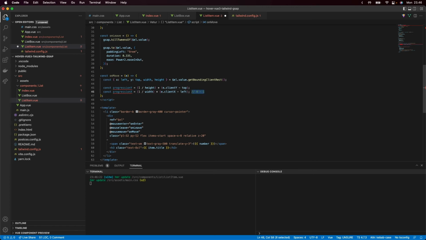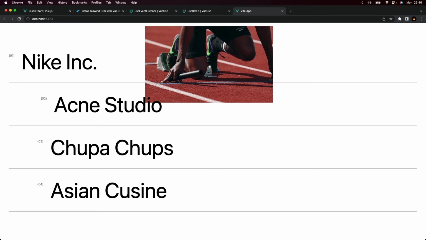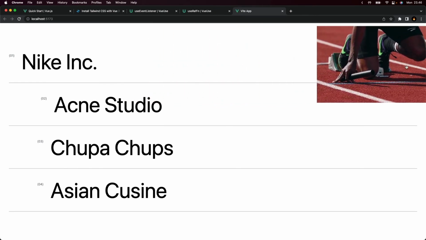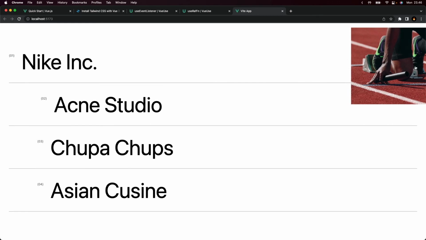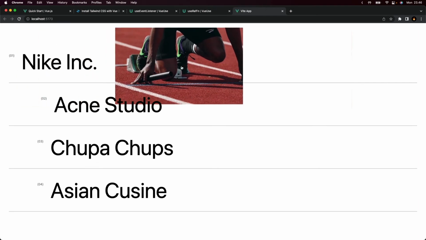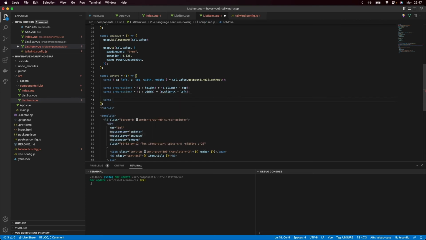And what we really want is, as soon as we're here in the middle, we want it to be 0, 0, so no parallax at all. But when we're all the way to the right, we want it to pan all the way to the right, and on the left, we want it to pan all the way to the left. So what we really want is a value between -1 and 1. To convert it into the -1 to 1 range instead of the 0 to 1 range, we need to do const x